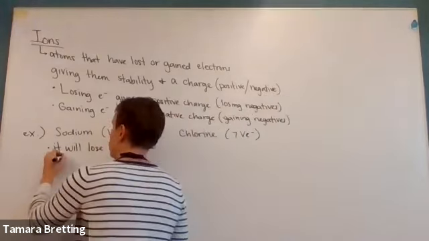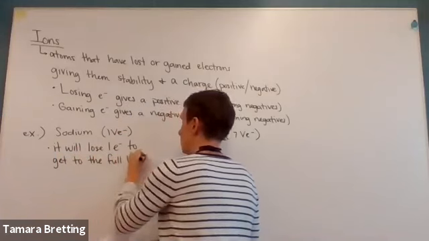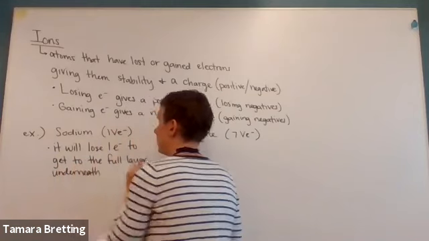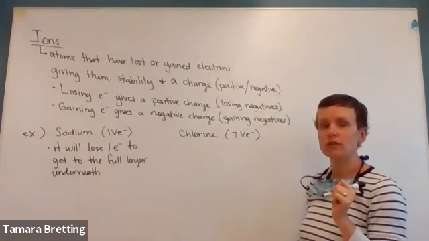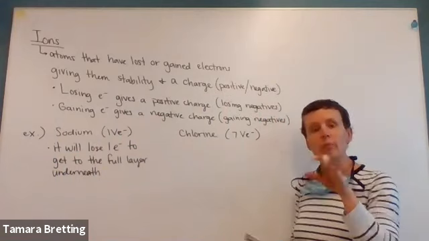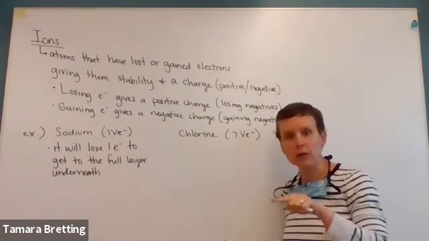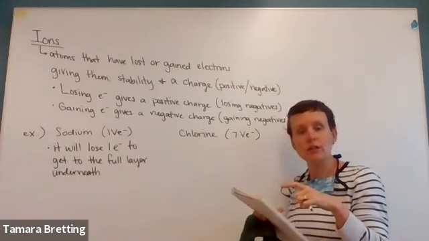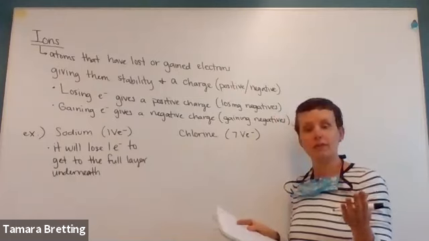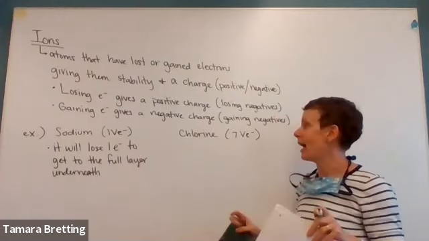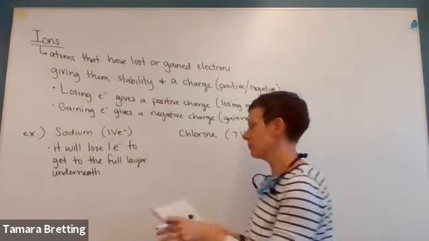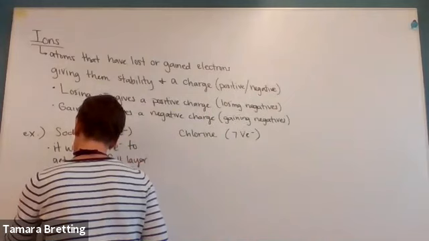It will lose one electron to get to the full layer underneath. So if you look back at that picture, if we take away that outermost layer from sodium, what's left is a full layer of 8 just underneath that, and that gives it stability. Now, when it does that, it's losing a negative, so it's going to gain a positive charge. So it becomes